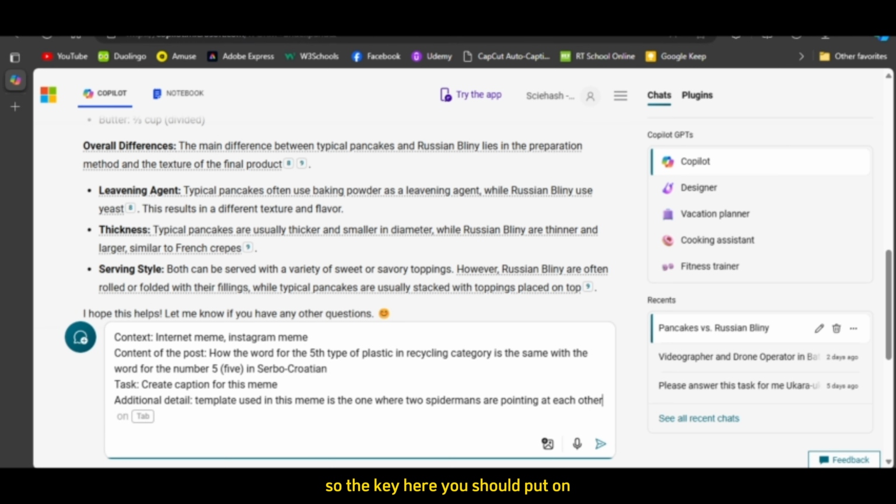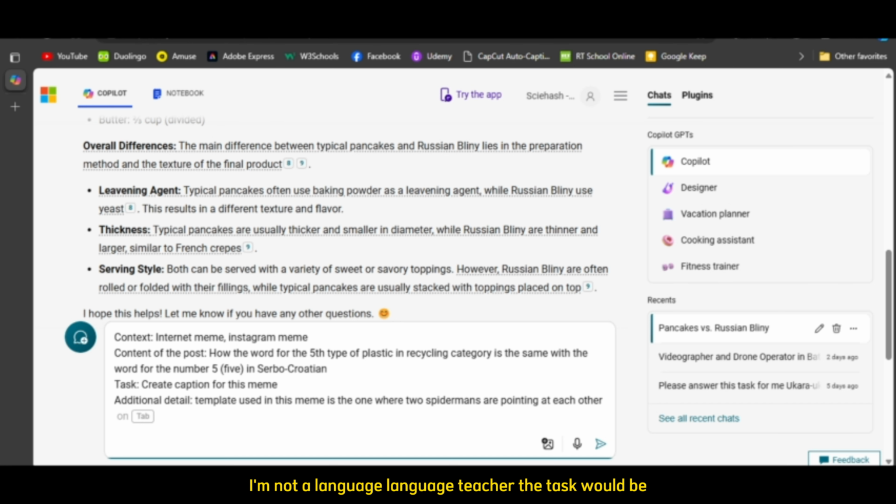So the key here, you should put in what context this thing you want it to do is. For example, here there is this internet meme or Instagram meme. The caption would be much more different if I'm actually making something more fun or funny, or is it a script for a language learning page, a language learning video where I am the language teacher. No, I'm not a language teacher. The task would be,